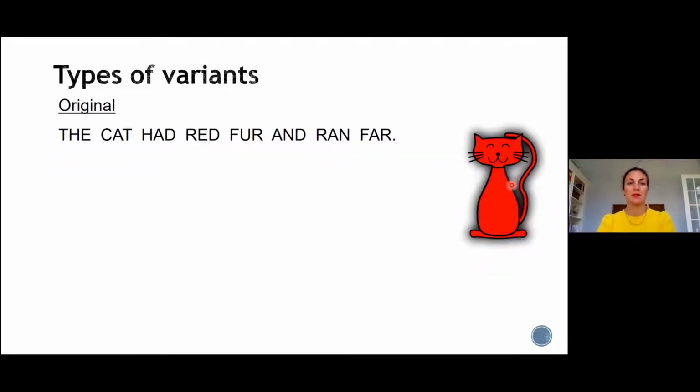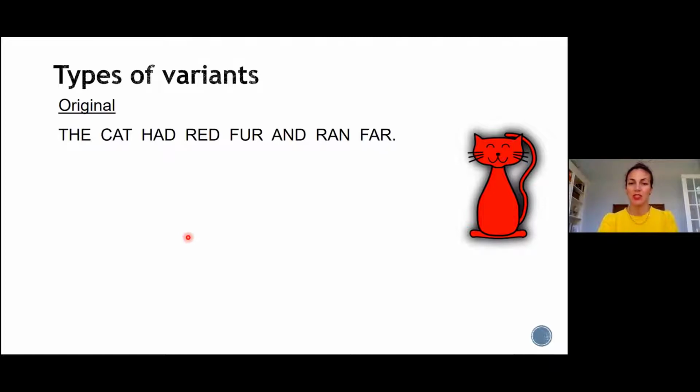When we think of types of variants or genetic changes that we can see, I like to use this example. If we pretend that this is the original sentence or the original gene, our genes are composed of 3-letter words, and they're structured in these 3-letter words. And so that's why every word in this sentence has just 3 letters. And that's going to be important. So if the original sentence is, the cat had red fur and ran far, and then there's a period,